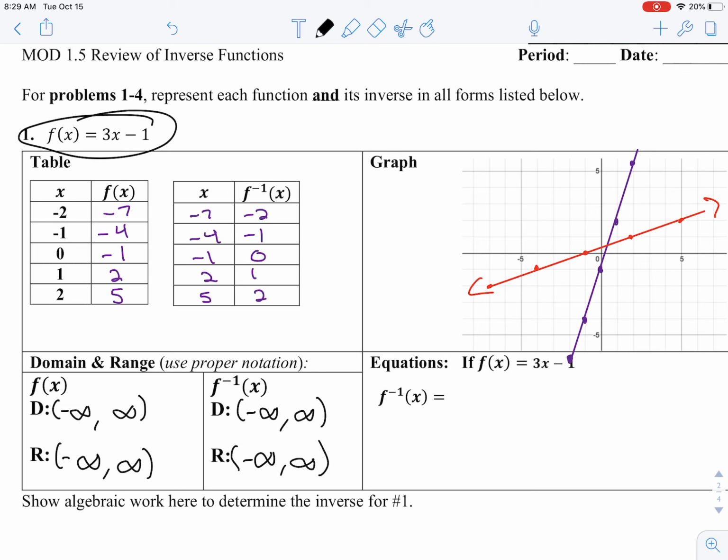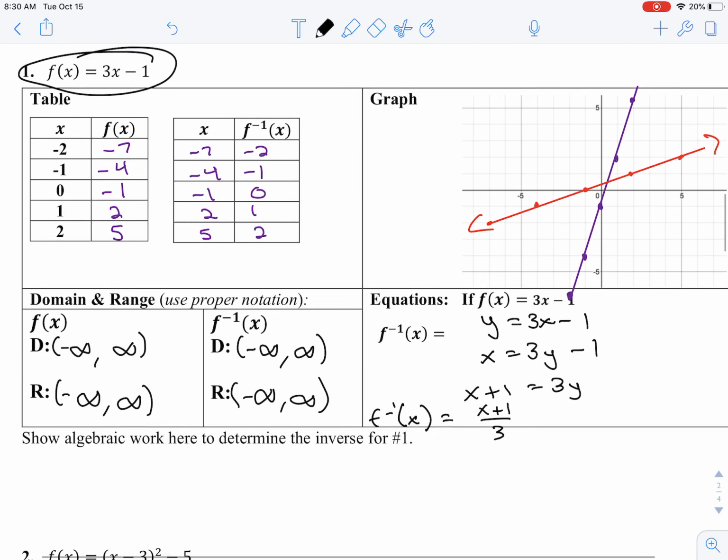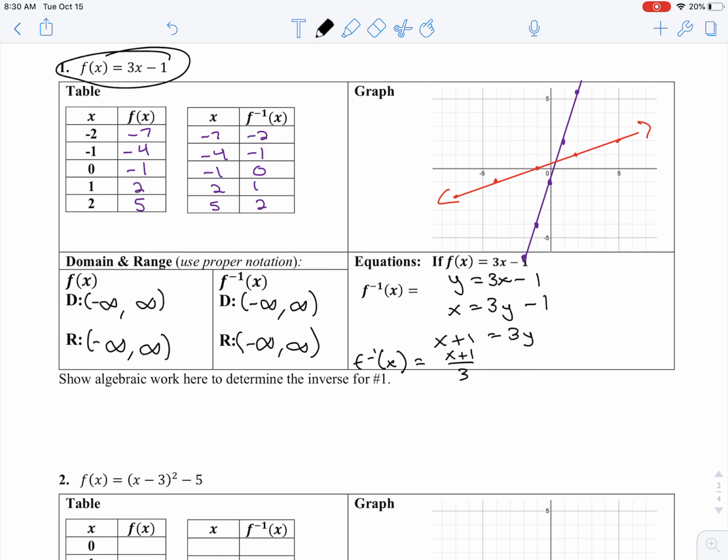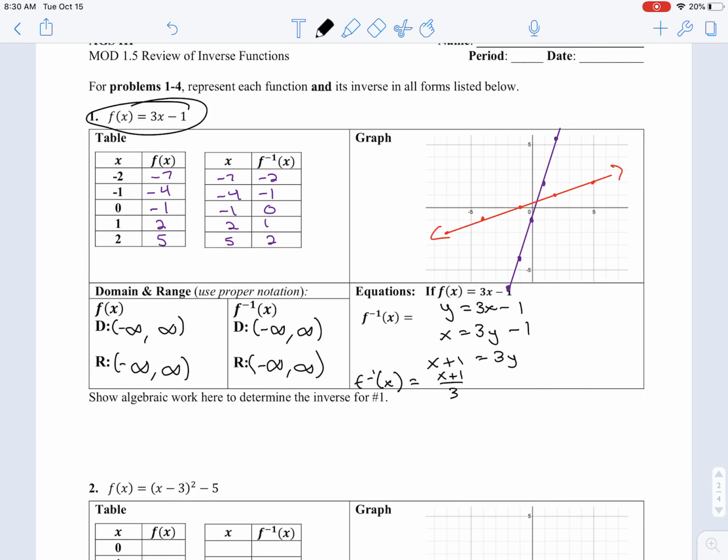Okay, now we need to solve for the inverse. So remember I have this, and then I'm going to switch x and y, and then I'm going to add 1, and then divide by 3. So that's going to give me, I kind of botched that up there, so I'm going to rewrite it, is equal to x plus 1 over 3. Okay, show your algebraic work to determine